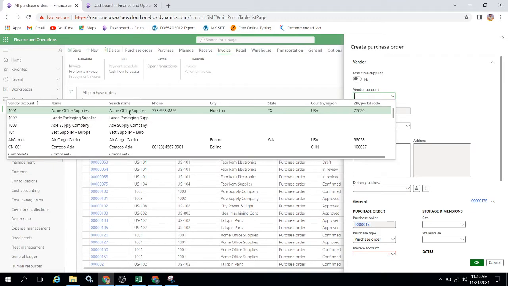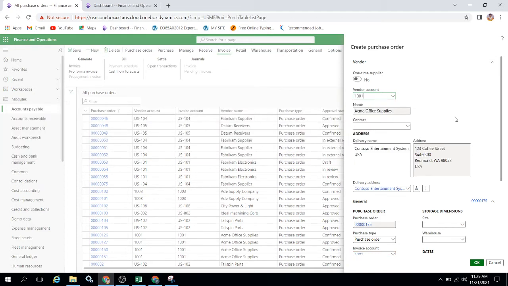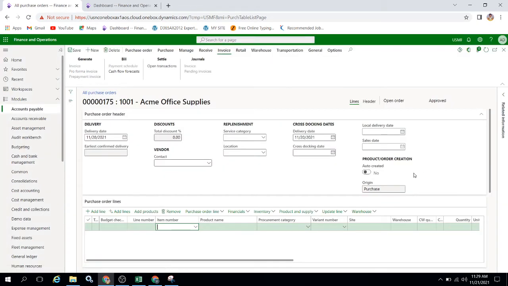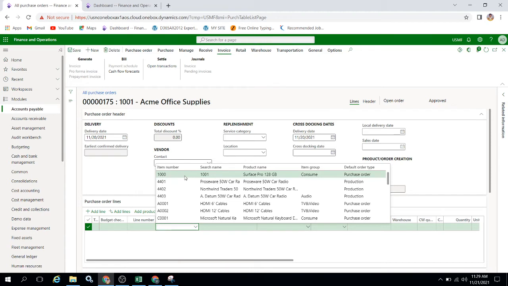Taking vendor 1001. I am taking one of the item numbers for posting, starting one only, as it is for testing purposes.